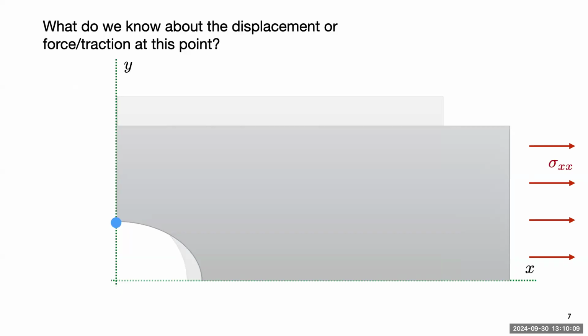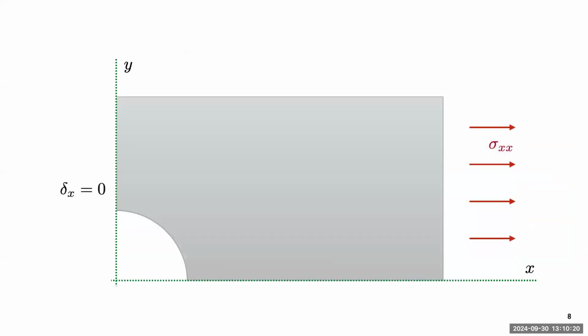So how can we say this more generally? And okay, I've selected the problem to lie on the y and x Cartesian planes, but I could also run this problem at a certain angle as well. So one condition we can notice, we notice that the displacement in the x direction on this symmetry plane was 0, and equally the displacement in the y direction on this other symmetry plane is 0. So in general, for structural analysis, the displacement in the normal direction, the direction normal to the symmetry plane is